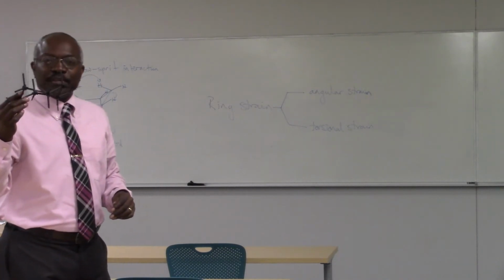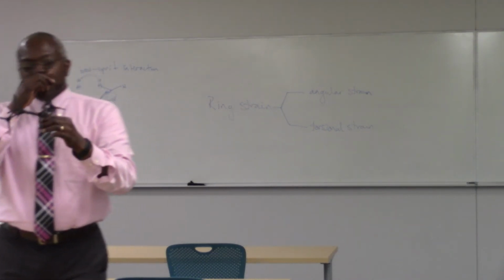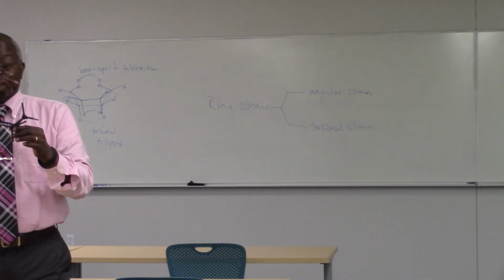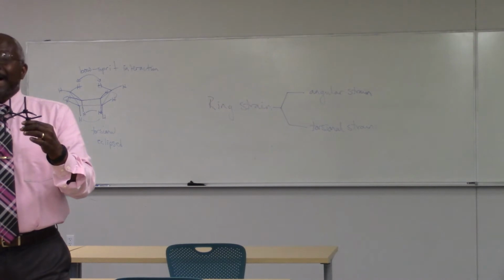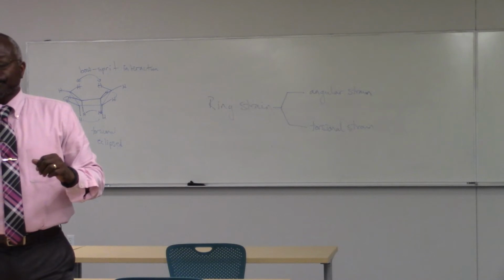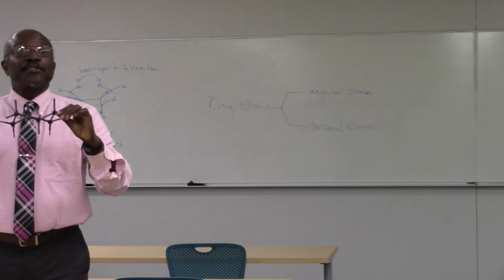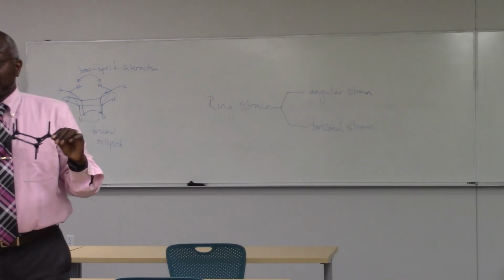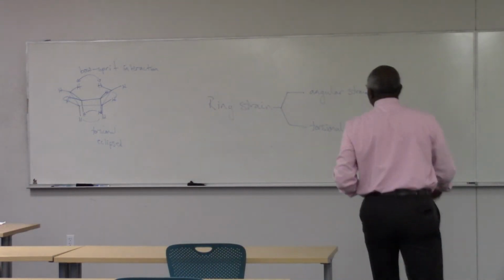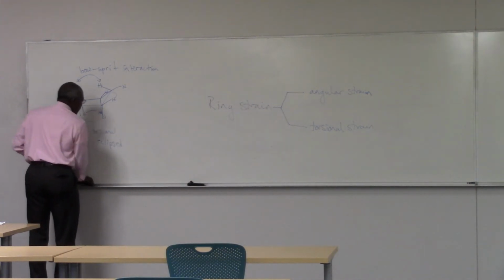We want to get some practice drawing the chair. And what I want to point out is the chair really is a beautiful pattern of symmetry. And it's a pattern of symmetrical lines. Okay. Let's look at the bonds that make up the ring. The so-called endocyclic bonds. Remember that term from before? Endocyclic, meaning within the ring. So we're going to look at the endocyclic bonds, right, which are the bonds that make up the ring.